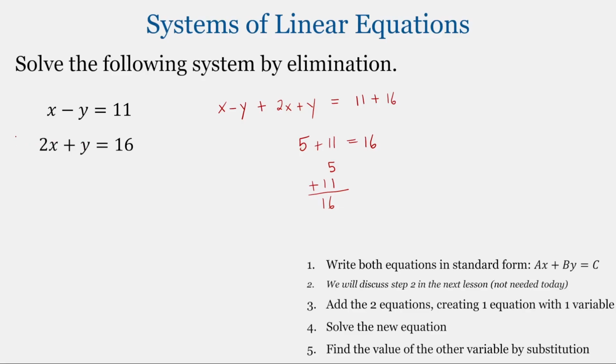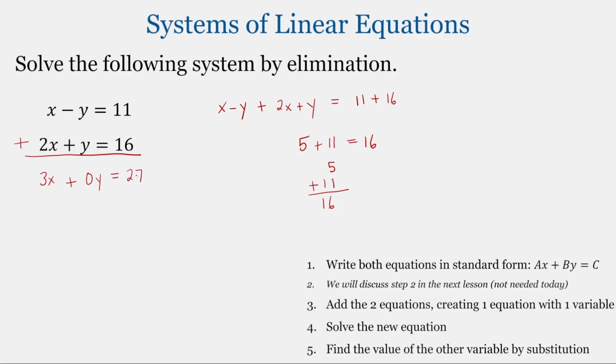Well, we can do the same thing here. We have our x terms lined up and our y terms lined up. Here's our equal sign. And then here's the constant. These are all lined up. We're going to add these. So I'm going to draw a line underneath here. Put my little addition sign. And then we can add. So x plus 2x is 3x. Negative y plus y, that's 0. So 3x plus 0, or 0y if we want to, is equal to